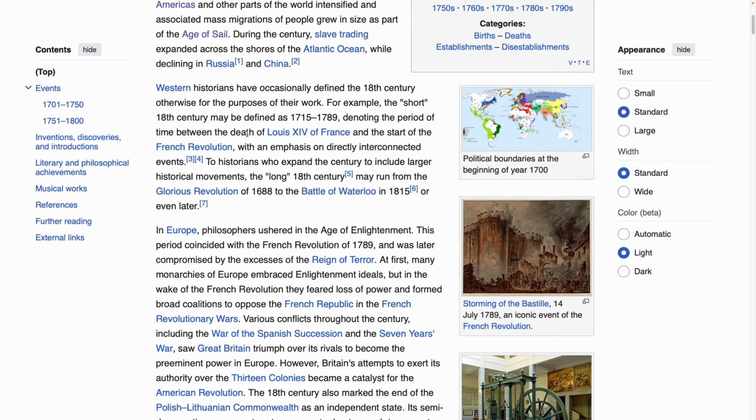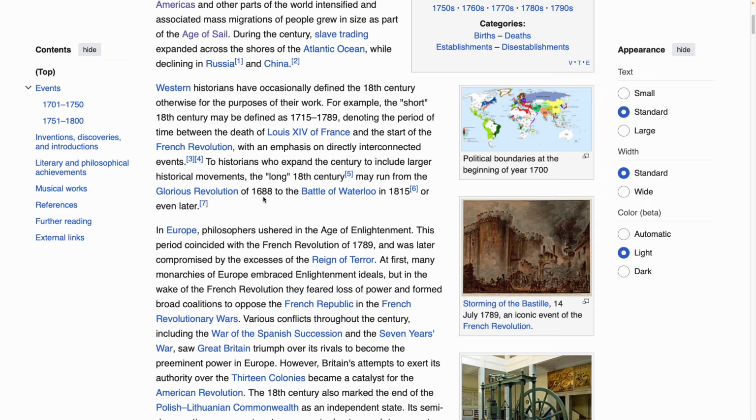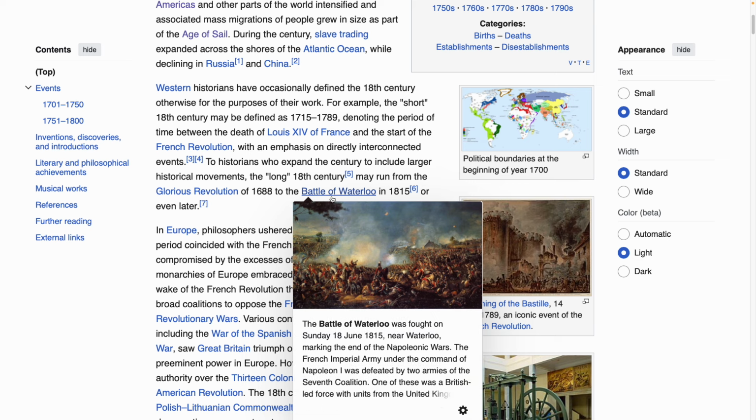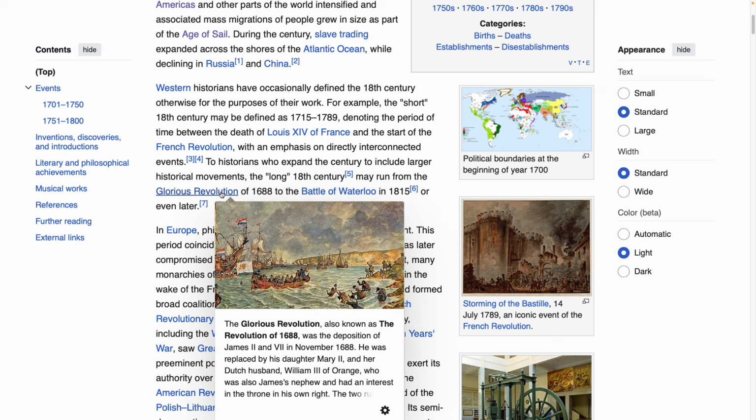To historians who expand the century to include larger historical movements, the long 18th century may run from the Glorious Revolution of 1688, so that's at the end of the 17th, all the way to the Battle of Waterloo, which is the beginning of the 19th century. Interesting. Okay, Glorious Revolution,